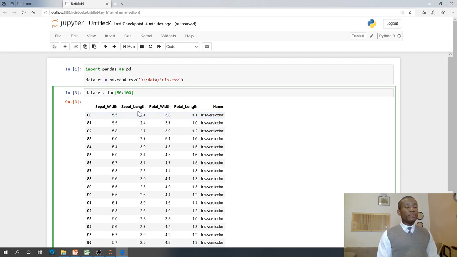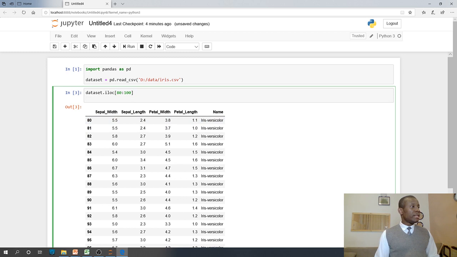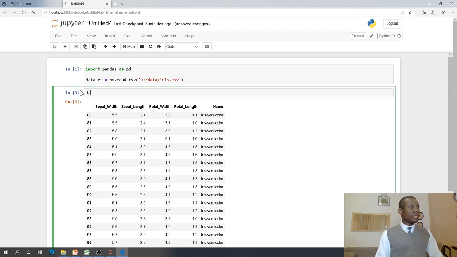We can say this is 4 dimension at this point. Can we reduce it to 2 dimension? Actually, I'm going to try to read another data set that is a little larger than this one. So let me try to read another data set. Data set 2 is equal to